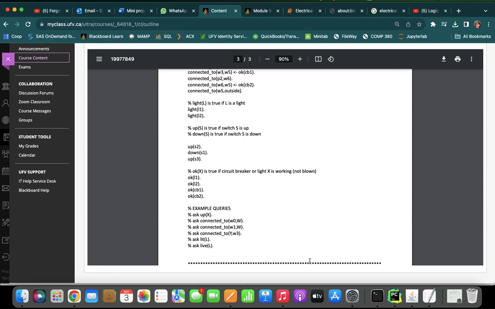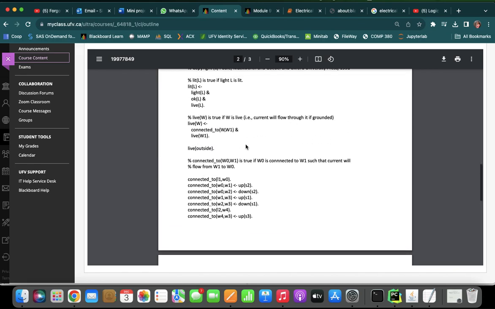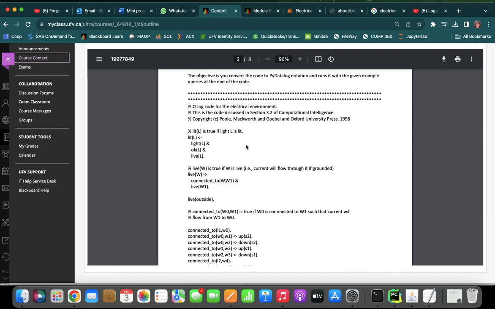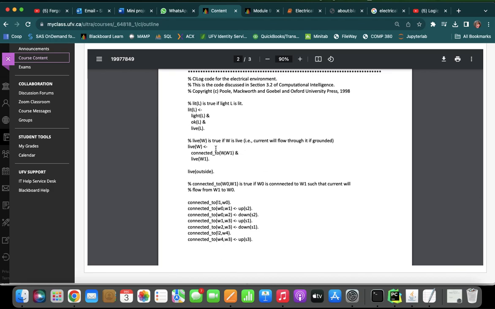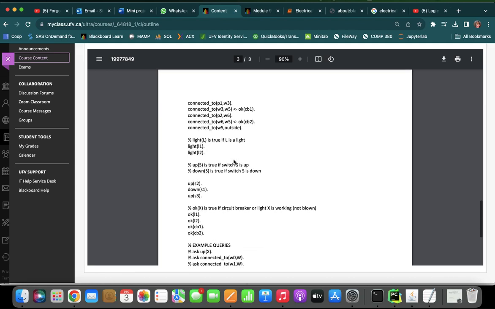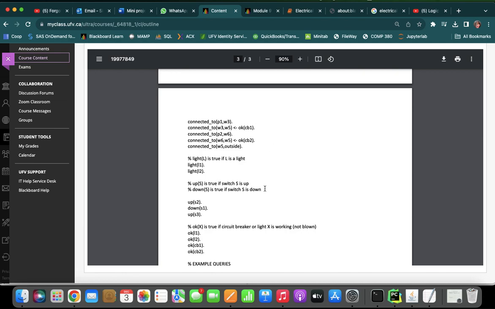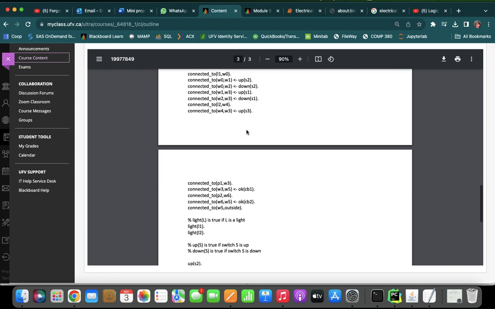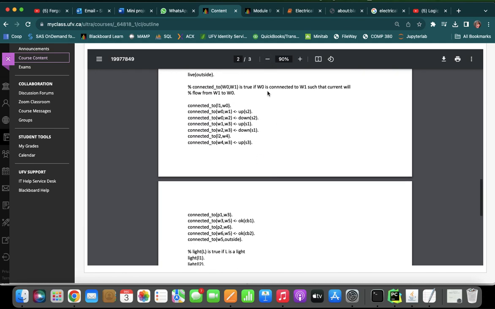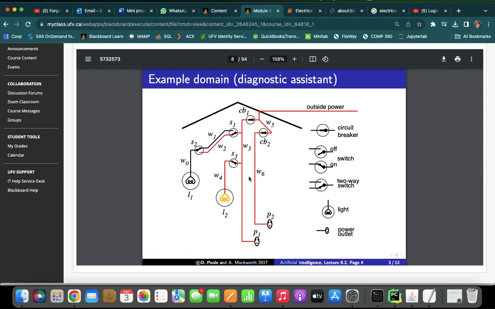Learn about PyDatalog programming. First of all, we have an example program here. This is a type we call CILog programming, which is picked up from AI space. Here a certain type of electrical system is defined, and there are some facts and rules about that electrical system. To make it more understandable, this code describes the electrical system shown in this diagram, where we